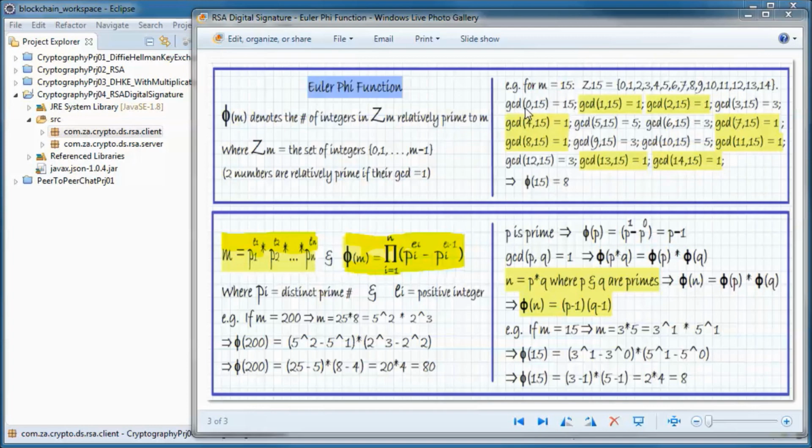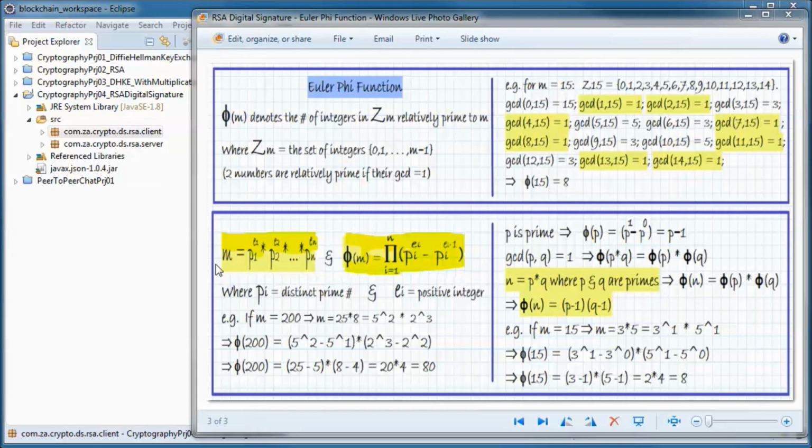So we take the GCD of 0 and 15, and 1 and 15, and 2 and 15, etc., and we end up with those GCDs equaling 1. So we have 8 of them. So phi of 15 is equal to 8. Now if m is very large, it is not computationally feasible to count GCDs.